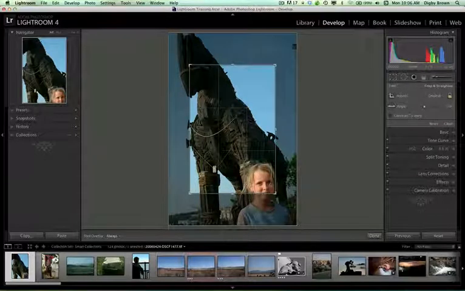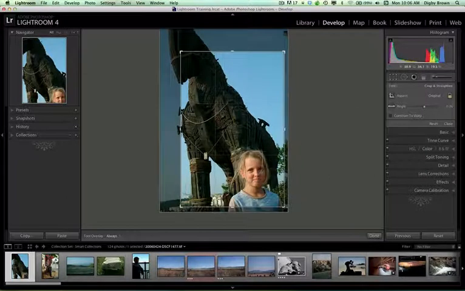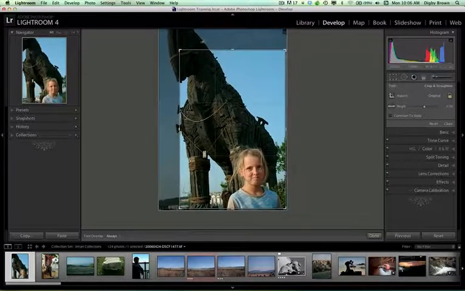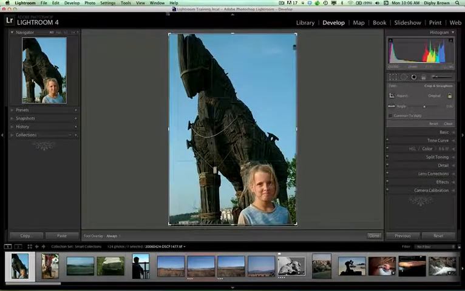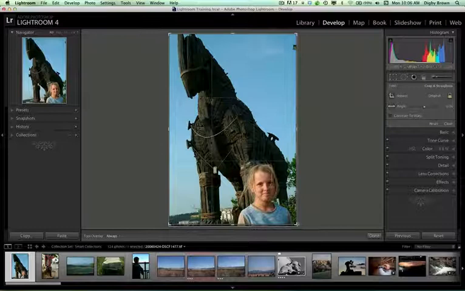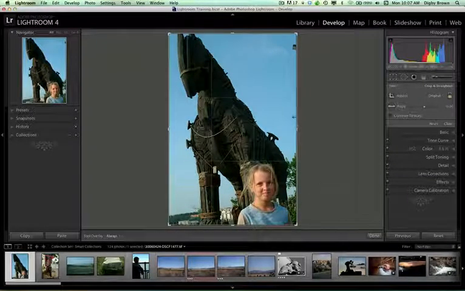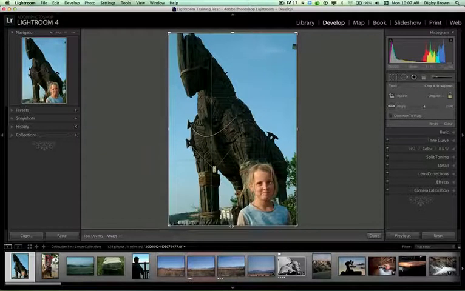So over here we now have a heap of tools that we can look at, and what you need to be aware of is this first thing, this little lock that we have here. When this lock is clicked, basically it locks the restraint size of the image. So we can adjust it, but notice we can't pull it down. We can only keep it to the same proportion that the image has already been created in. Once you unclick that by clicking on it, then you can grab the sides, pull it in, make it narrow, and change things. So a lot of people initially don't unlock that, and therefore they can't actually change the restraints